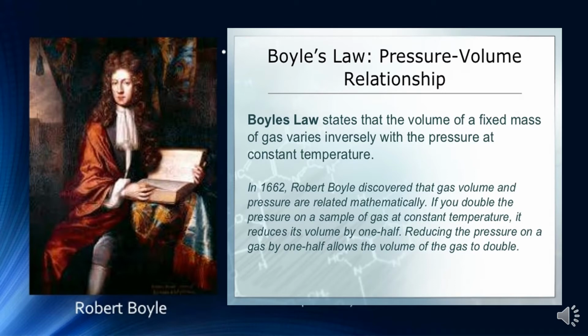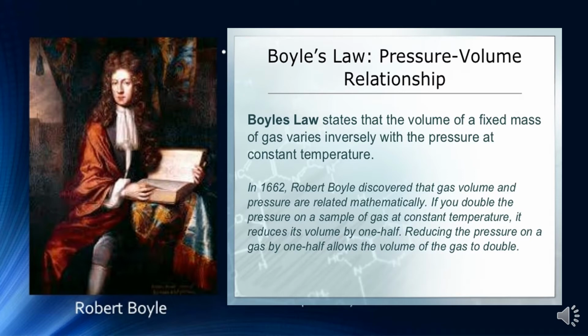You can consider a case where you have kept a gas in a cylinder at fixed temperature and the mass of the gas is also fixed, and suppose initially the volume is 1 liter and the gas is kept at atmospheric pressure 1. If you increase the pressure to 2 atmosphere, then you will find that the volume will decrease to 0.5 liter. So in this way we can say that as we increase the pressure, the volume of the gas is decreased.